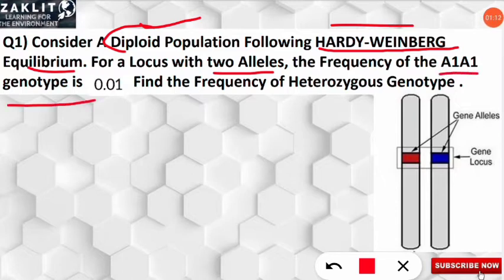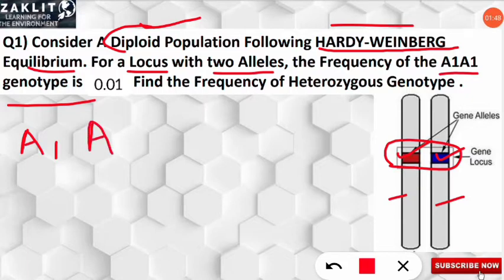So first of all, let's know what is locus if you don't know. So this is the chromosome, this is the first arm, this is the second arm, and here at a particular point, a particular gene is present. So for a particular gene, the alleles are present in paired form. So two alleles make one gene. So here a particular place on the chromosome is known as the locus point. So here let us assume this is the point, and here two different alleles are present. Let us take the example that A1 is the first allele and A2 is the second allele. So with this the gene is controlled.